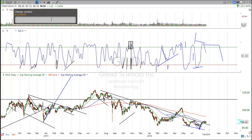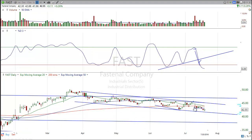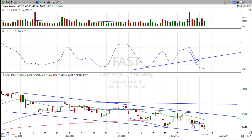Now, this one here I continue to add to, Fastenal. Now, Fastenal came out with earnings, and they kind of got beat down here. We went to a 5 to 7 day pullback. The 7th day, 1, 2, 3, 4, 5, 6. Today is the 7th day. We actually had kind of an outside day. It